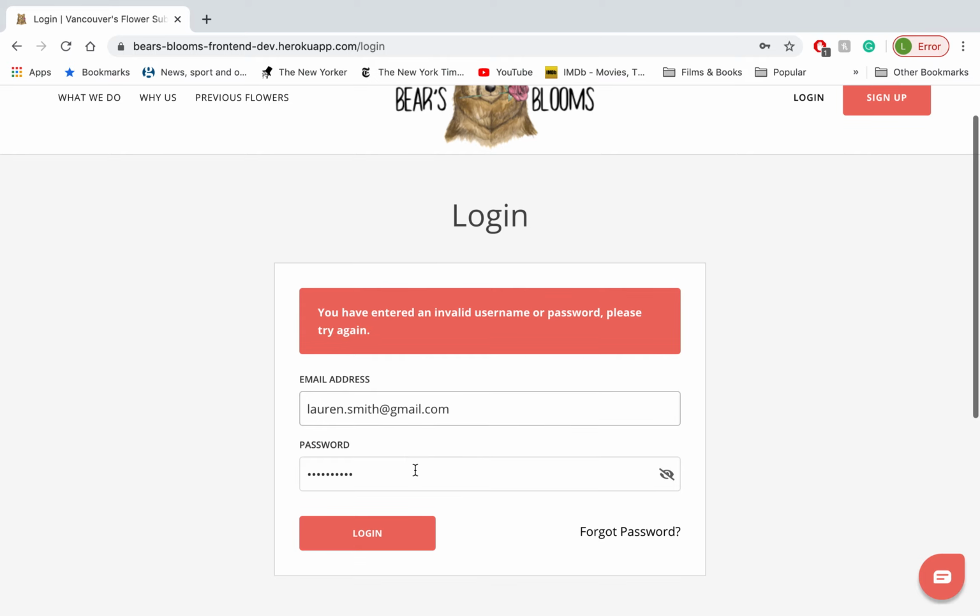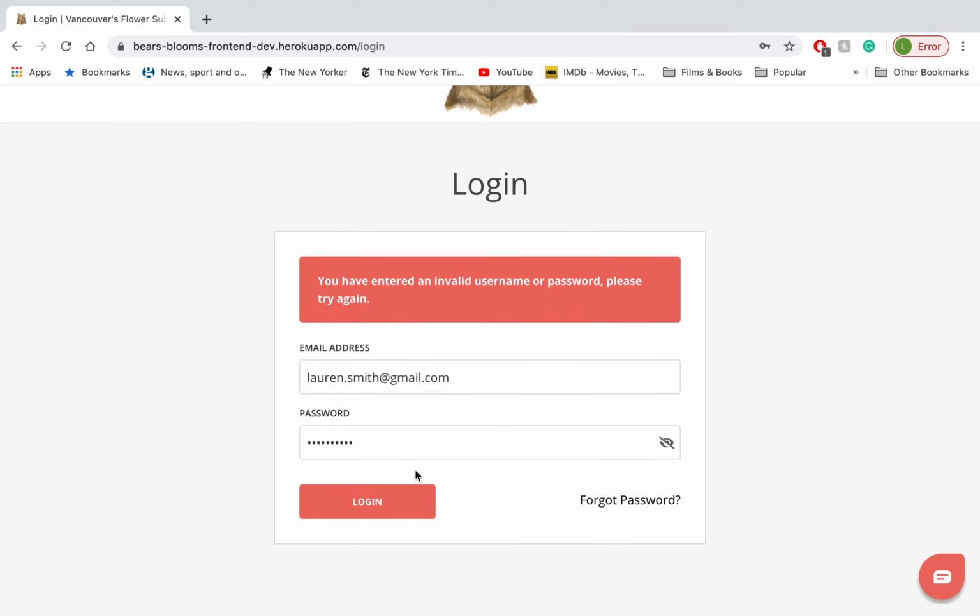log in, and then if it is incorrect or you don't remember your password, you will see this message at the top saying that you have entered an invalid username or password. So then, if this is the case, head over to Forgot Password here at the bottom,